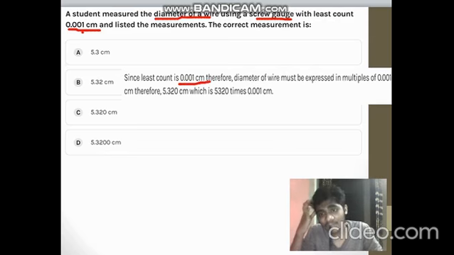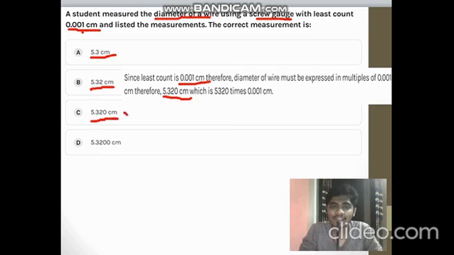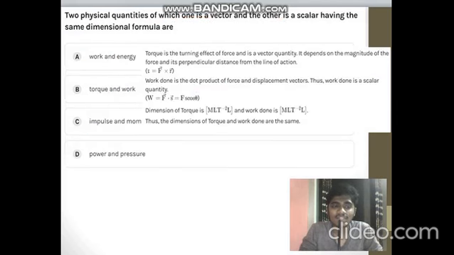So we have the formula for screw gauge, which says that the final result will be a multiple of least count. The formula says into LC. There is a term called into LC in the formula, which means the answer will be a multiple of least count. So when you multiply it with 0.001, the answer turns out to be 5.320 centimeter. You need not mind about the numbers which are present here. You can just check the decimals. This is 0.1, this is 0.01, this is 0.001, and that's the same as the least count of a screw gauge. But this is not the same. This is 0.0001.